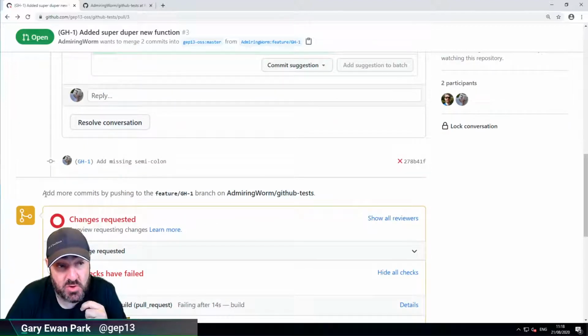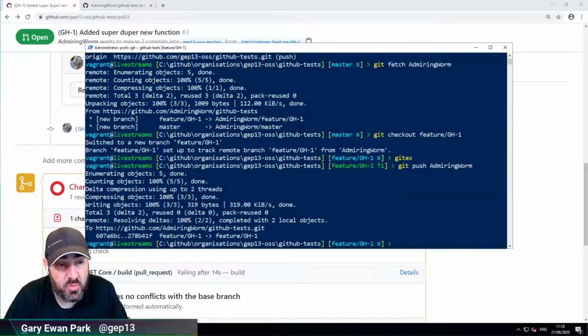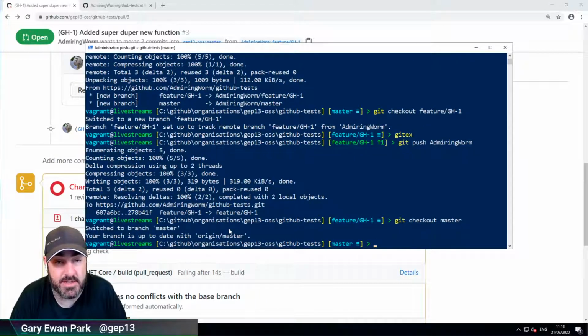And like I say, this is all possible because when Kim created the PR, he left the default option, which is for a maintainer of the project to push changes back again. However, the little workflow that I went through there, so if I do git checkout and I go back to the master branch that I've got here,